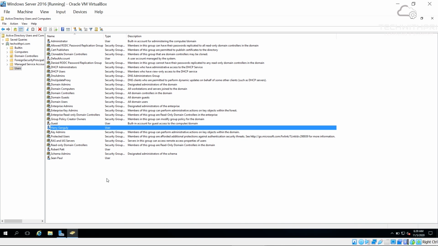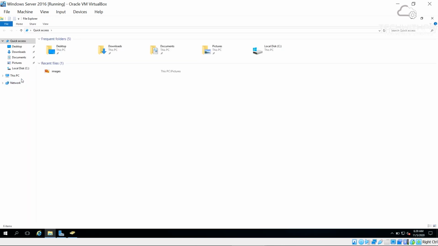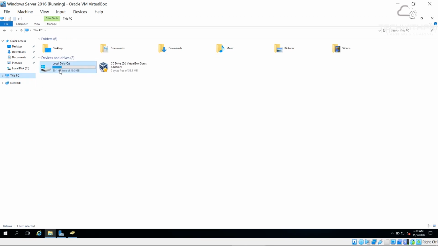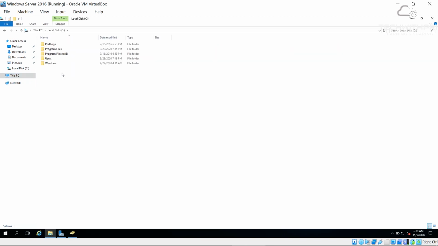So I'm back to my Server 2016. Let's go to the C drive, and let's create a folder here itself and name it home underscore folder. Okay, so this is the home folder. Now we want this folder to be accessible by the other users.